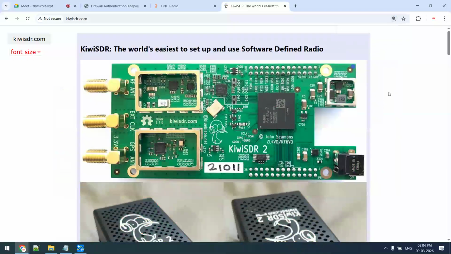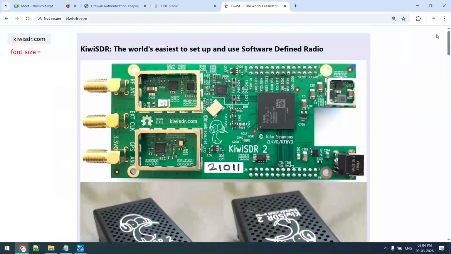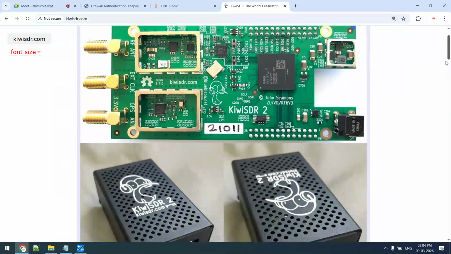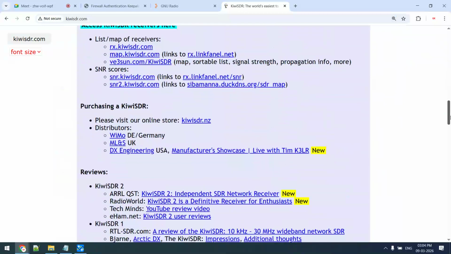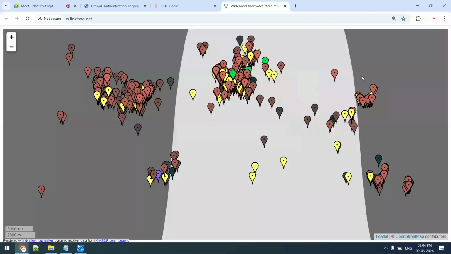KiwiSDR. Without using any physical dongle, without using any physical device, without purchasing anything, I want to communicate, I want to interface with different radio stations, with the different short waves, long waves. I want to capture data, so I can use it. This is the website, I will show you, rx.linkfunnel.net. It is part of